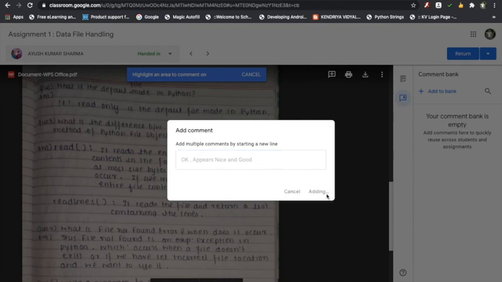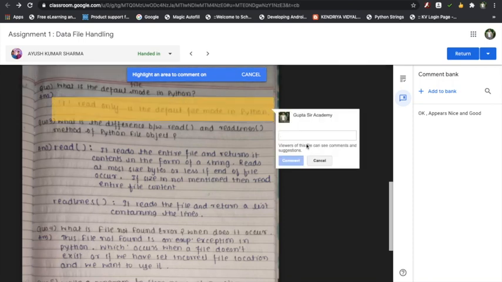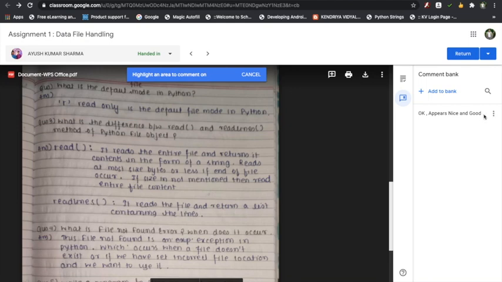I'm adding that particular comment to the bank. Now let me highlight this particular part, and I can simply add that particular comment here. So what I will do, I will copy to clipboard.